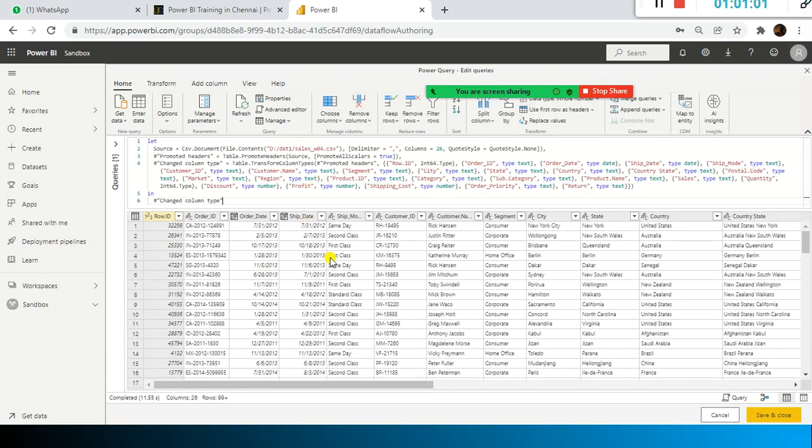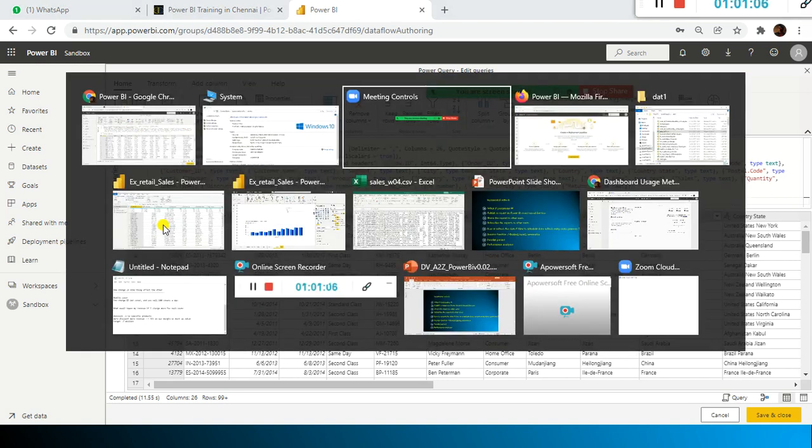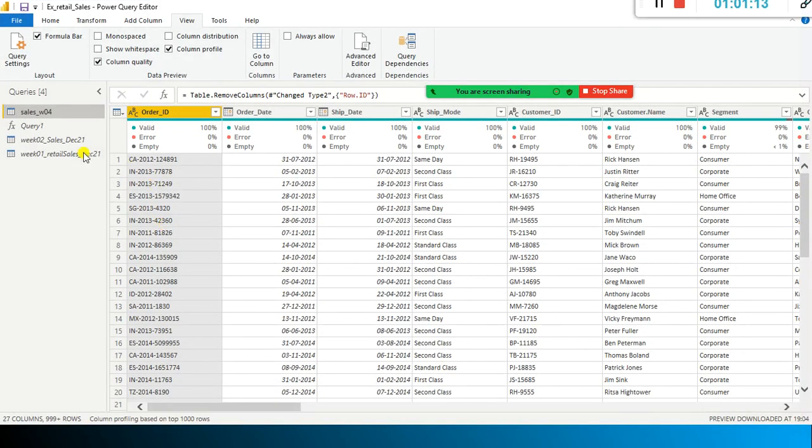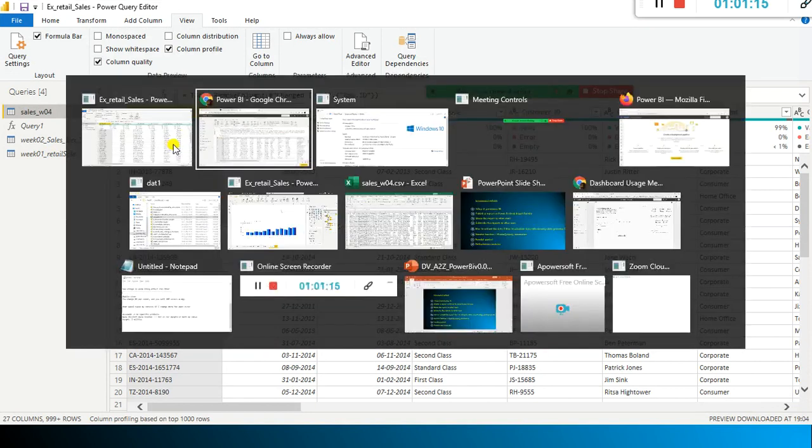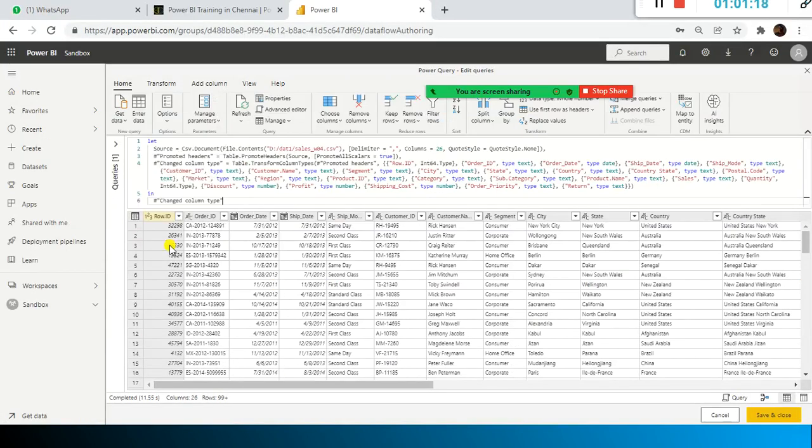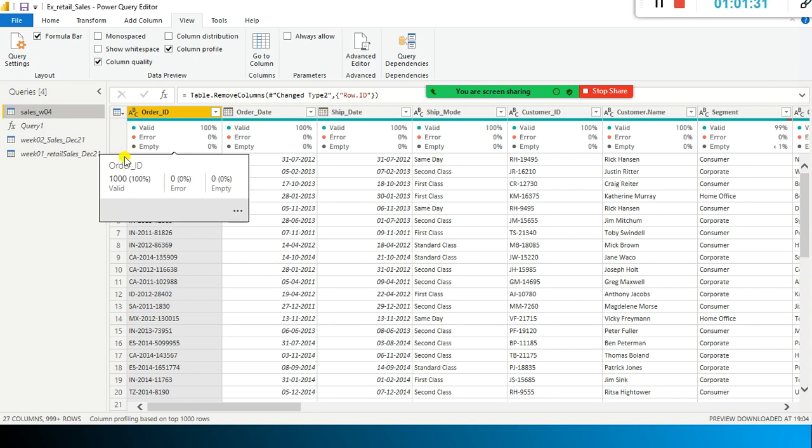Okay, so all the data are available. Look here, row.id is available, but we have already done the data transformation here, right? We don't need the row.id. We removed it, but still it shows row.id. And order ID, order date, and ship date. In the case of data flow, it automatically converts the date data type, irrespective of the format. I applied many steps here, but these steps are not visible.